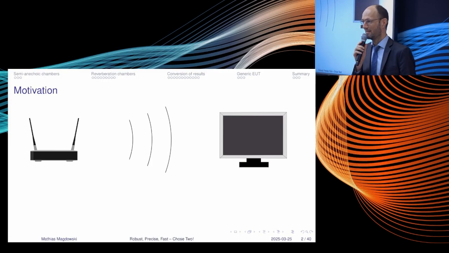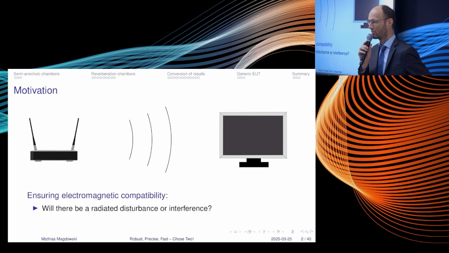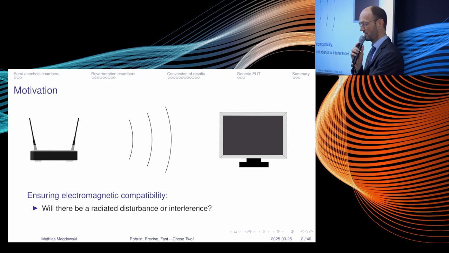It's a bit challenging to give a motivation about EMC at an EMC conference, but there is this problem of electromagnetic compatibility or incompatibility. Devices might disturb each other over radiated fields. Your Wi-Fi router at home might disturb your TV set or Bluetooth headset, or the microwave oven might disturb the Wi-Fi router, something like this. And so the question that we all deal with in electromagnetic compatibility is, will there be a disturbance or not? Will there be some interference, and how can we measure this?